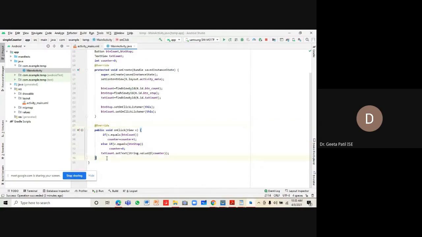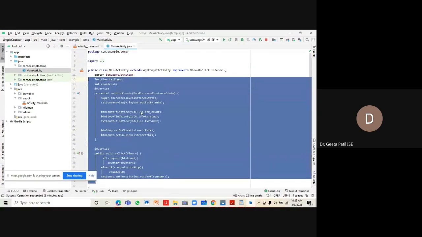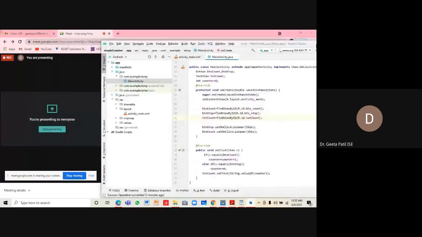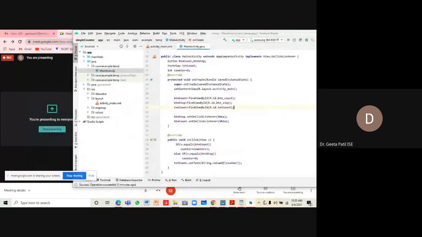Okay, so this is simple code for implementing a simple counter. Let me give you five minutes for implementing it. Let me keep the design side by side so that you can refer to that also.